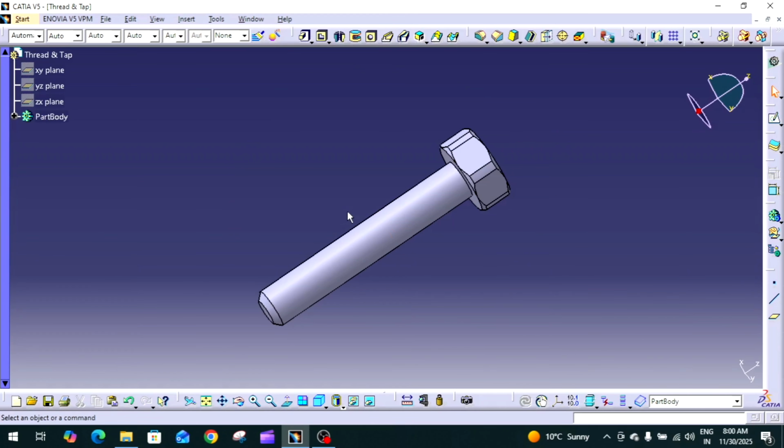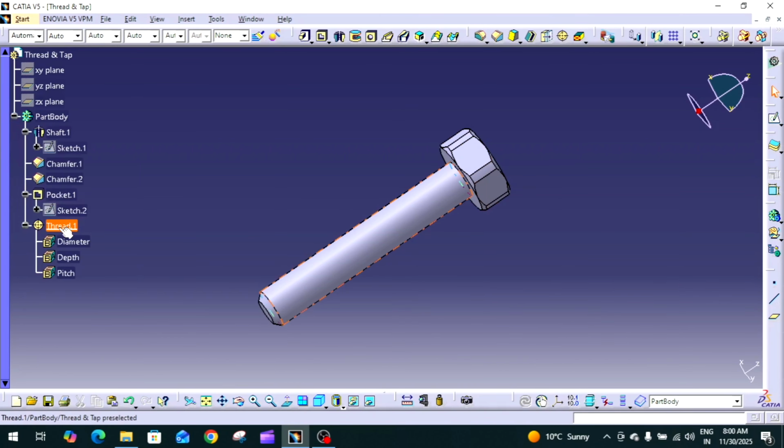Okay, this is because CATIA doesn't display the threads and taps. You can get all the details; it contains the diameter, depth and pitch. It holds those parameters, but it doesn't display the geometry of the thread or tap. But when we go